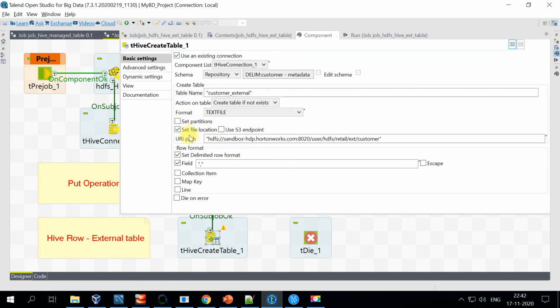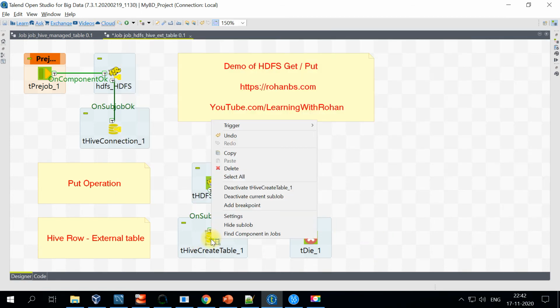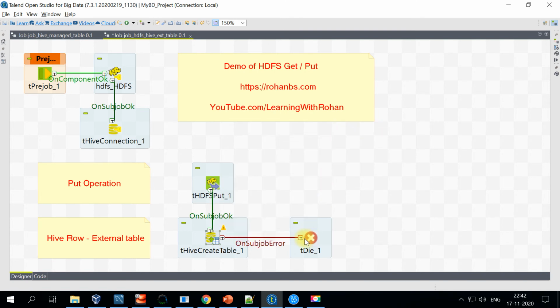We have already talked about set file location and the delimiters, so that's all for this Hive create table. And remember, this is only a one time activity, and once the table is created you don't have to execute this at all. You just disable it and leave it as is. On a day-to-day basis you just make use of the put component to load data into that particular external folder, right?